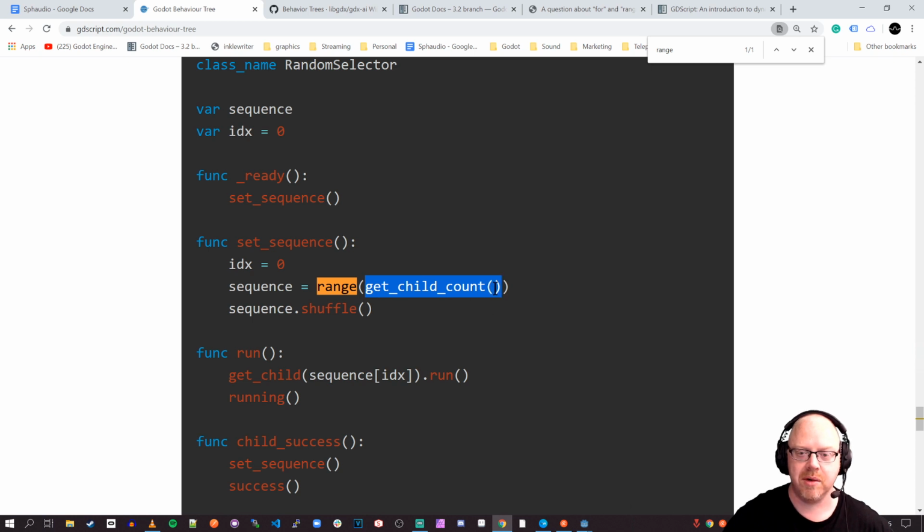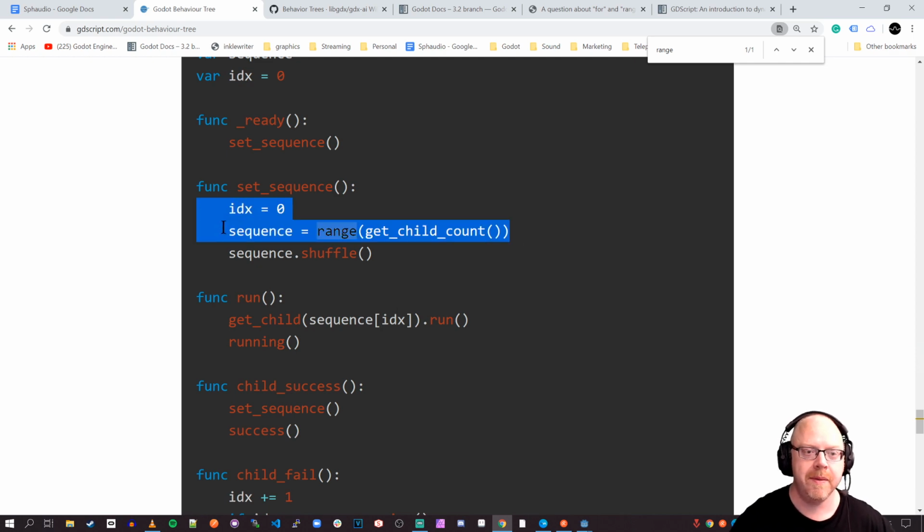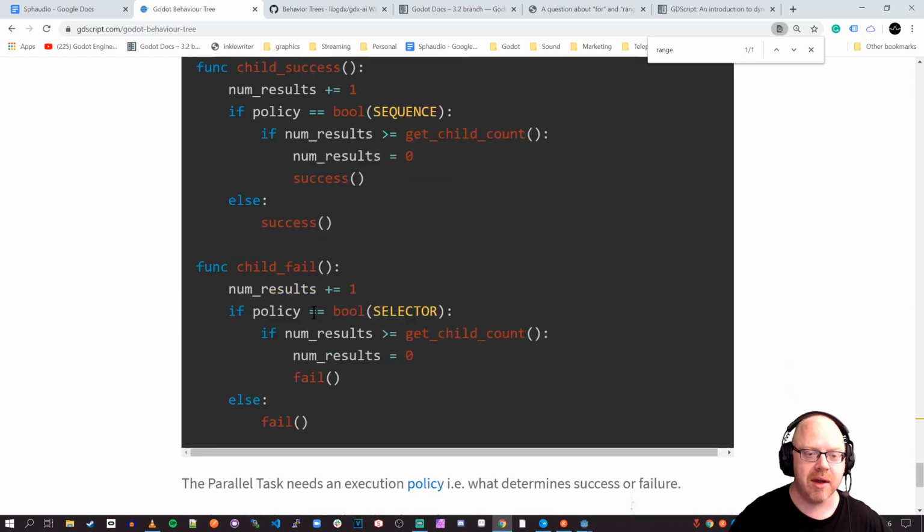We don't know at this point what we're dealing with, so we get the child count. Wow, that's getting cool. A sequence of indexes based on the number of children, so you can use the indexes to access the children later. Beautiful. Yep, that makes sense. I have to remember that. Okay, so